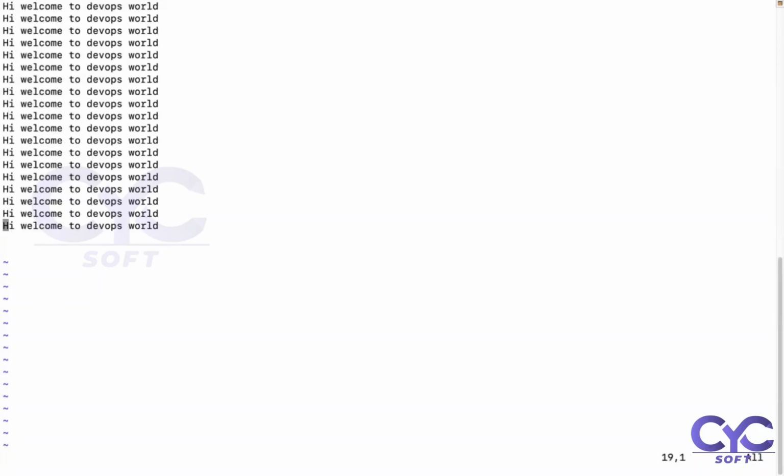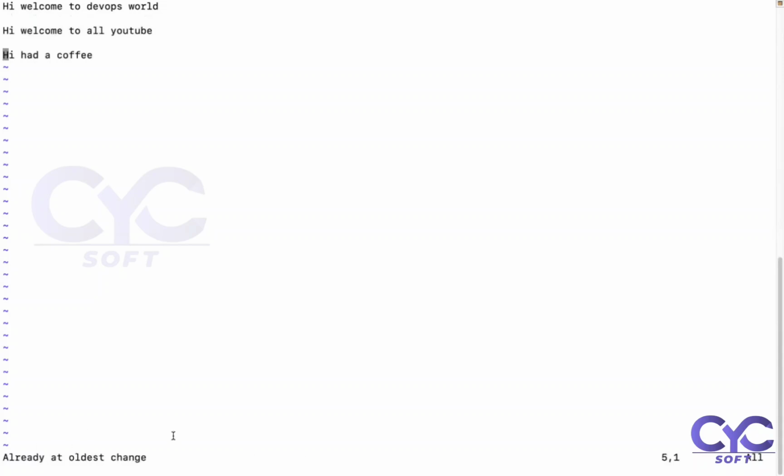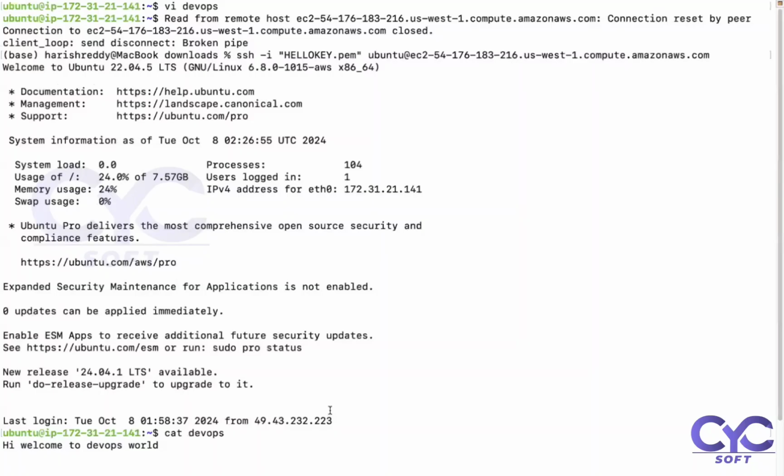Now if you want to get your old data back, for this I'm using U. U stands for undo the line. See, I'm getting my old data back. So this is what we use. Editors are very important for your DevOps role. Escape, colon WQ, enter. So we are going with save and quit. Now the next move we are trying to make is